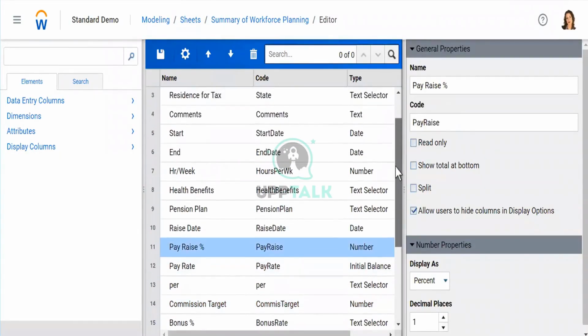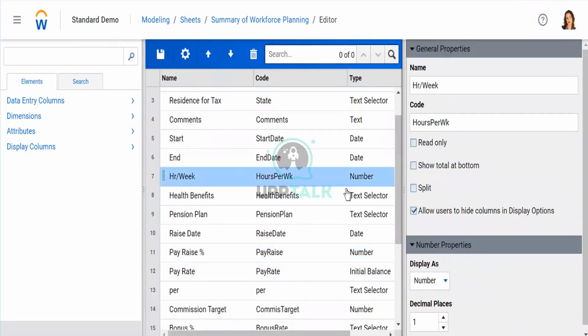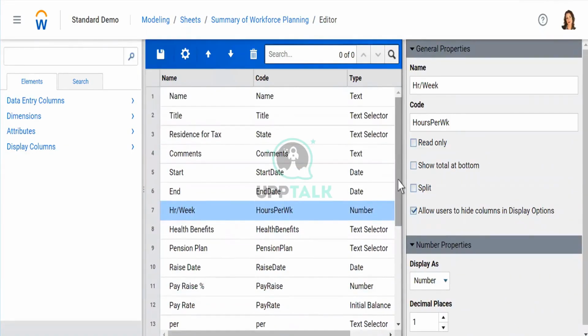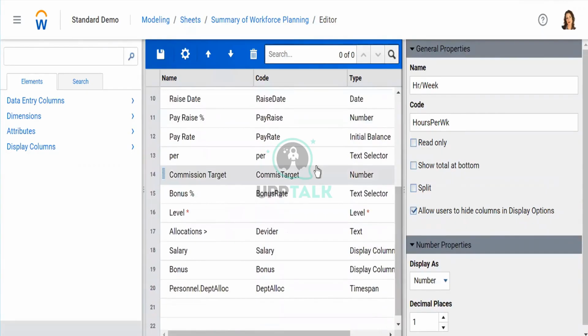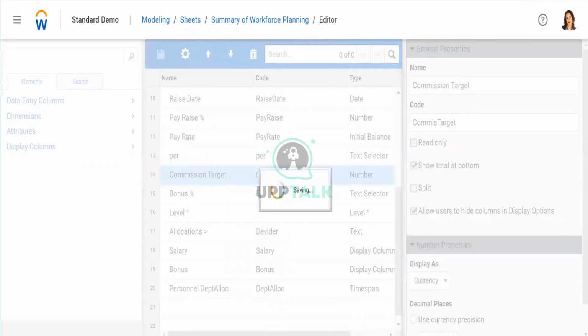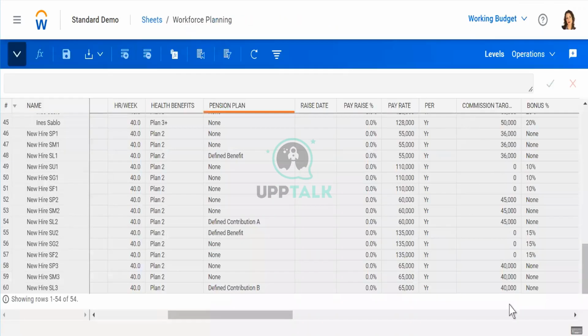I don't want the total anyway. Or per week, no, it's a number. We will check for this particular thing, commission target, how it is reflecting. Let's try to save it. In commission target, you can see this is the column, commission target.